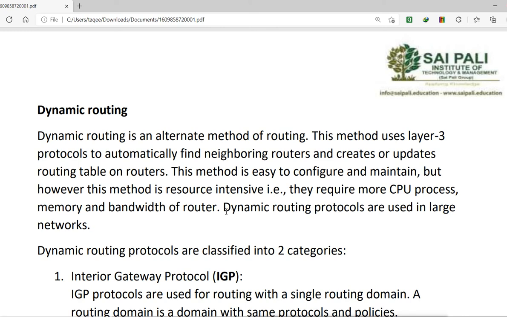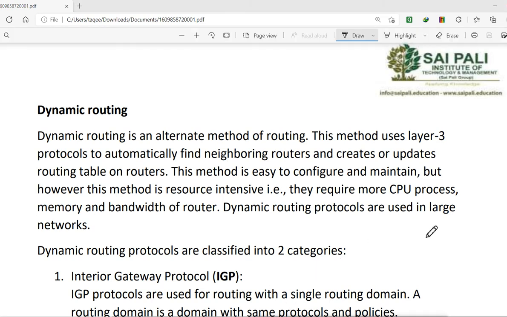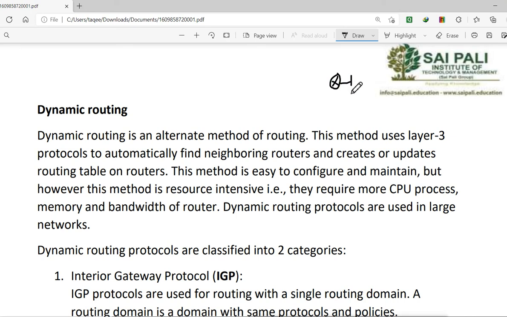Now what does fault tolerance mean? If suppose you lose a network, if we have multiple paths and we lose one path, then it will not automatically take the other paths even if the other paths are available. So for example, we have multiple paths for some destination, like we have one router here and it is connected to some network here, and there is another router here which is also connected to some other network.